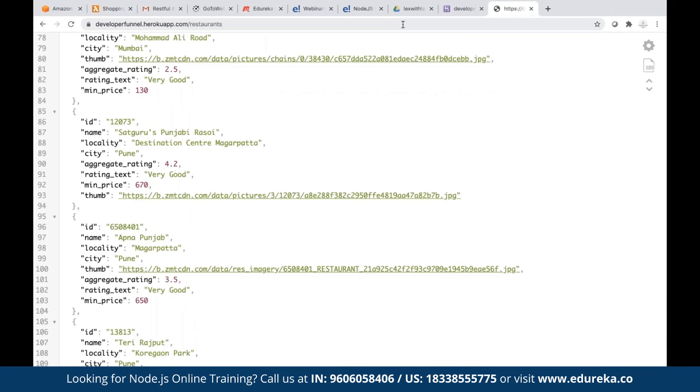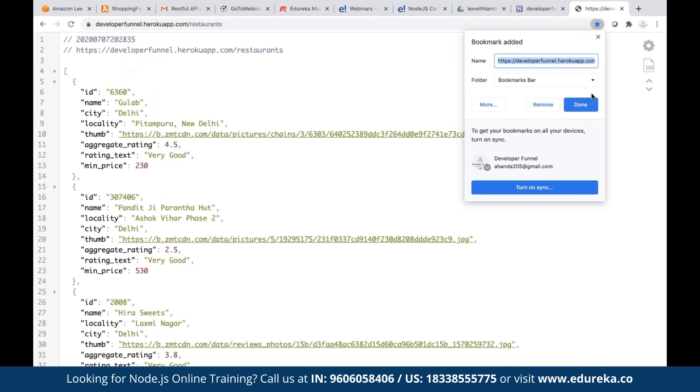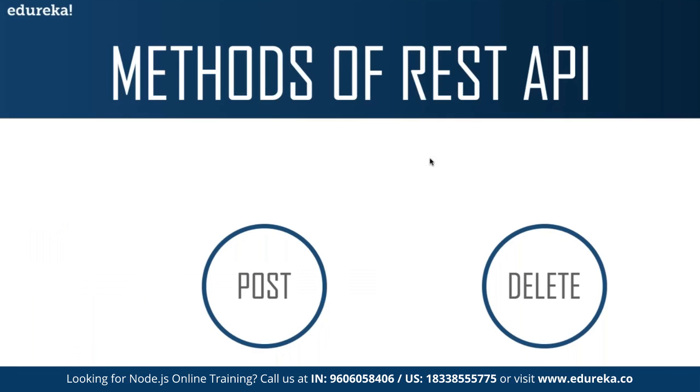And that's how this is a REST API. Now, if I need this data, I hit from a mobile phone, I hit from a desktop, I hit from a laptop, anywhere I hit, I will get the same data. And if I give this URL to you guys also, you are also going to get the same data, guys. That's what a REST API is. In this, we have methods like get, post, put, delete. To get the data, we use get, like this is a get request. To insert the data, we use post. Then for updating the data, we use put, and to remove the data, we use delete, guys.